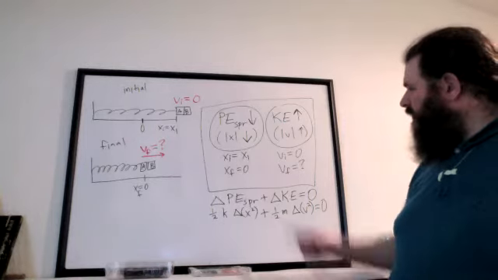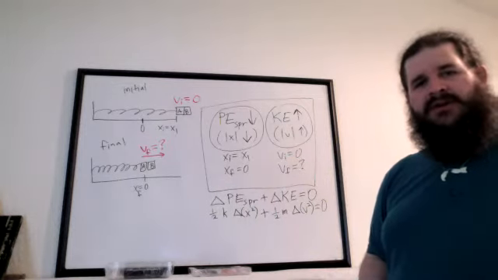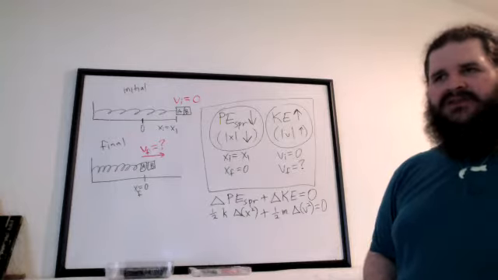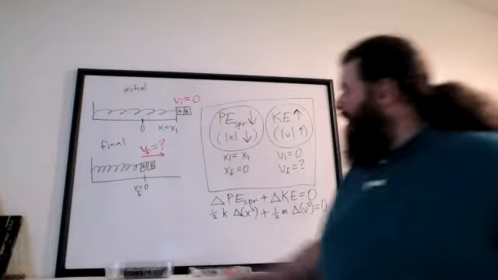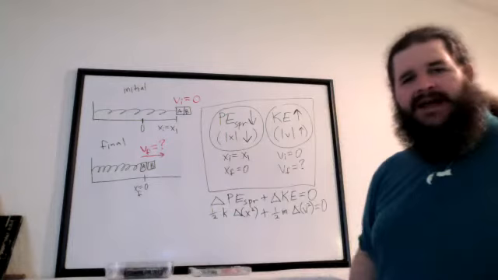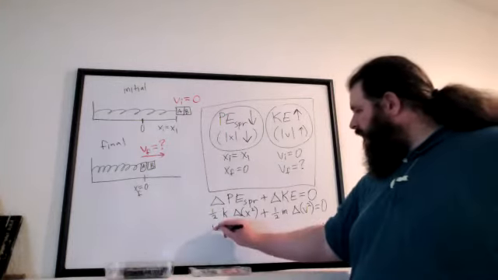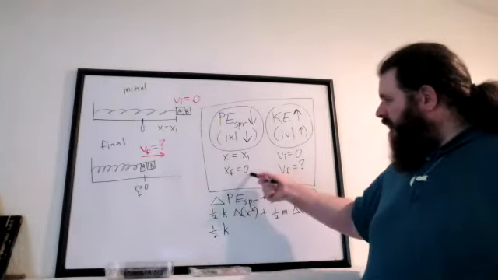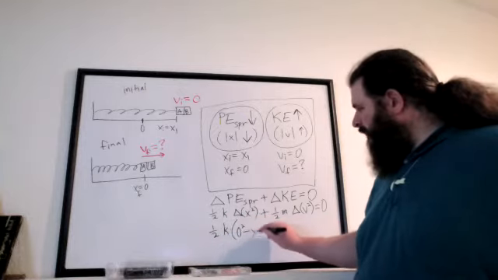One exception though, in this case, some of the initial and final values happen to be zeros. It is often a good idea to plug in zeros if you can, because it's not just a coincidence. 0 means something important. 0 means it's not moving, or 0 means it's at equilibrium. 0 usually has some real physical meaning there. So if we fill that in, delta x squared will be final value squared minus initial value squared, 0 squared minus x1 squared,